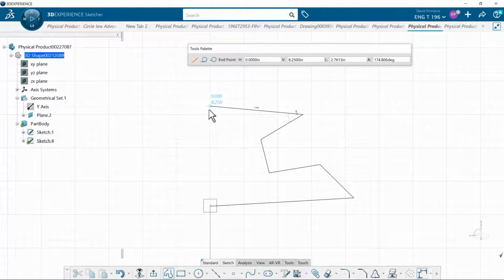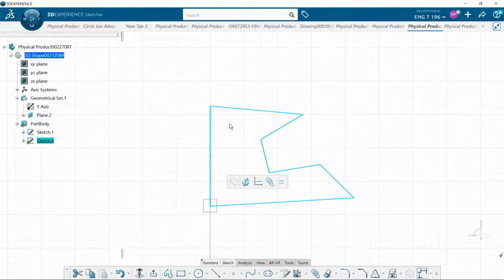And it could be any kind of crazy shape you want there, as long as this profile is on that plane and that plane is perpendicular to that curve. So when I exit out,